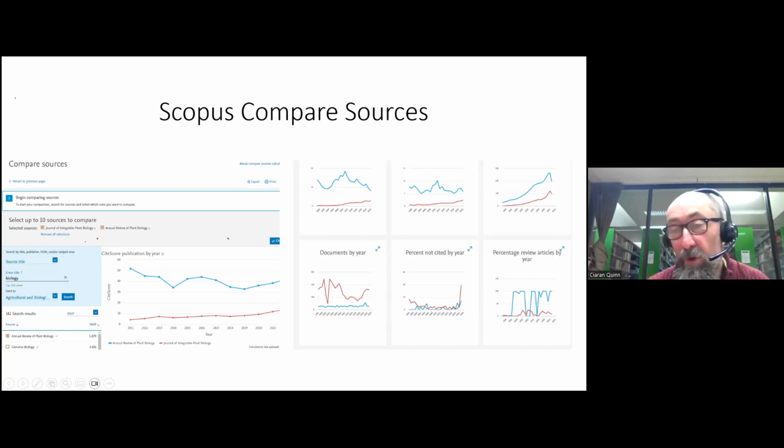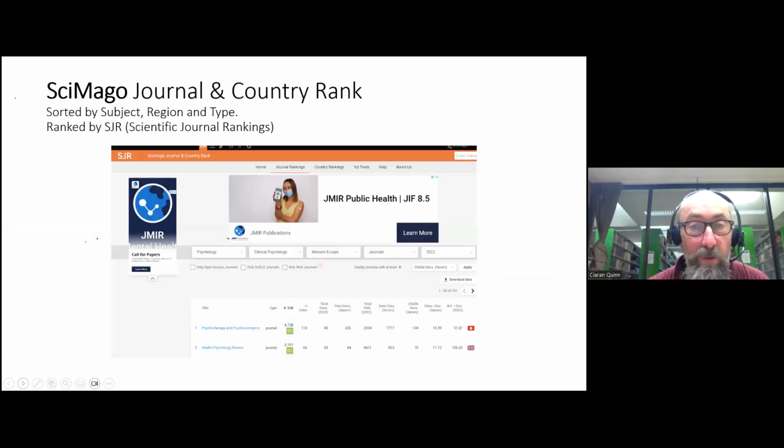So you're going to be putting a review article in there if you're going to choose where to publish. Now, SCImago Journal and Country Rank, again using the Scopus data set, looks a bit different. I like it because you can filter down a bit more in terms of subject area and also geographic areas, which is quite nice. So you could filter down to just Ireland, for example, if you wanted to.